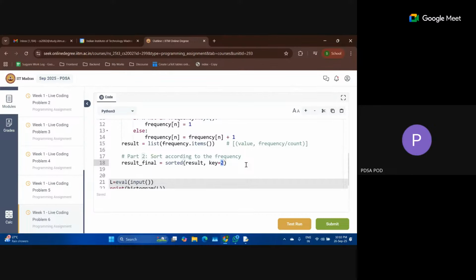So what we will do is use a lambda function over here.